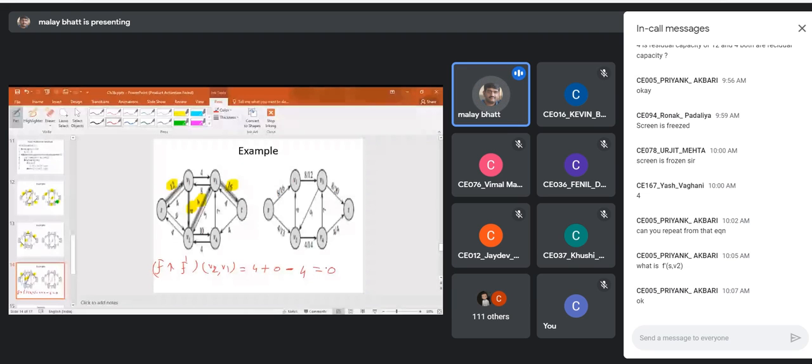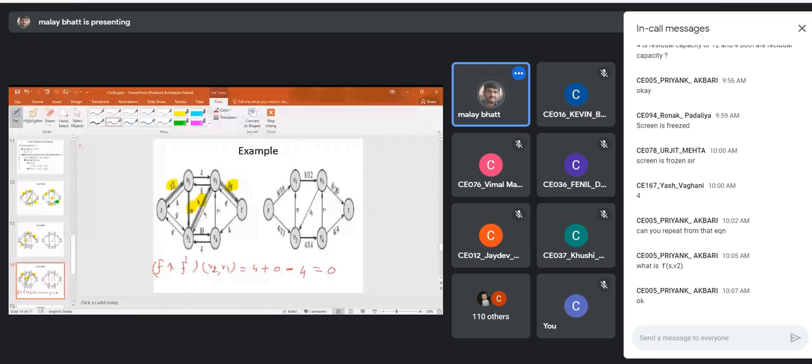So it is telling that if you select this path, then what is the impact? It will not increase in this direction from V2 to V1. Clear?